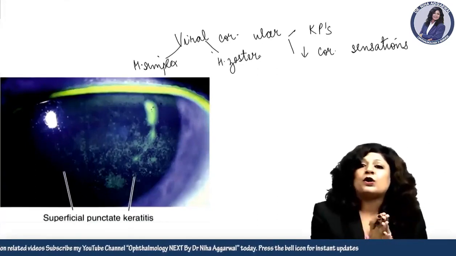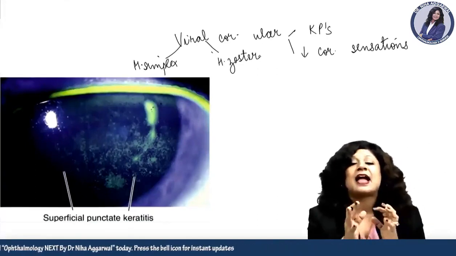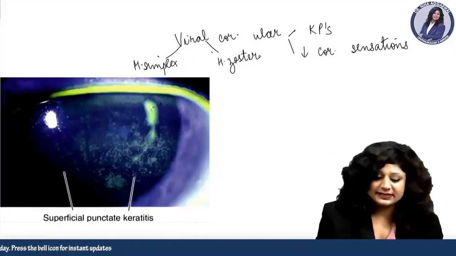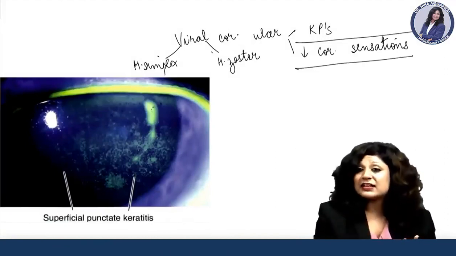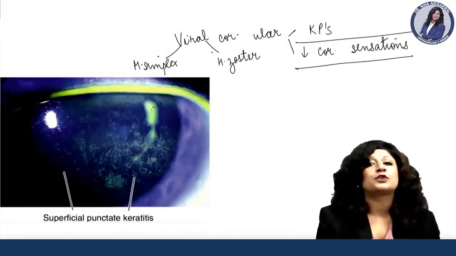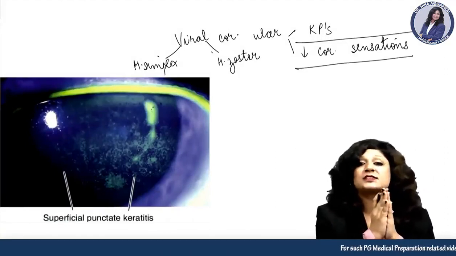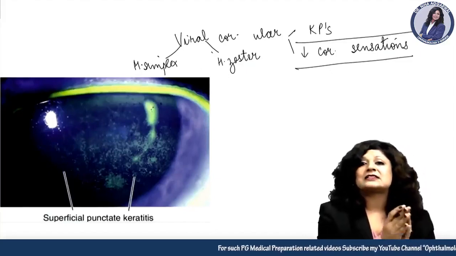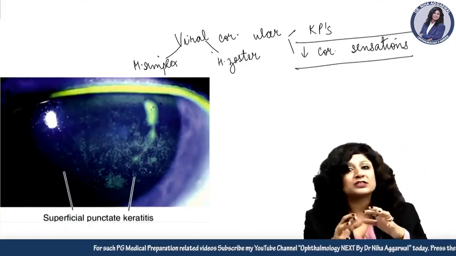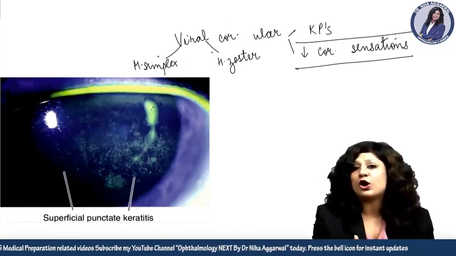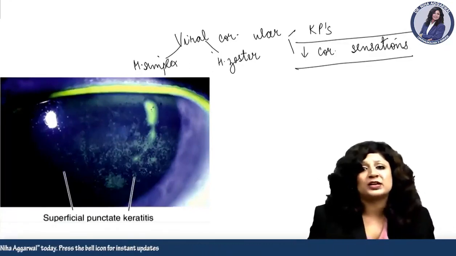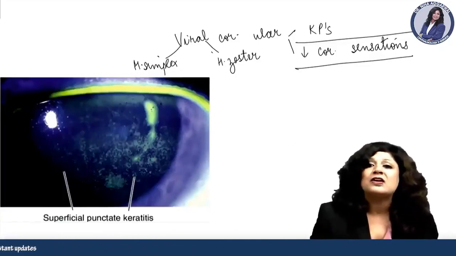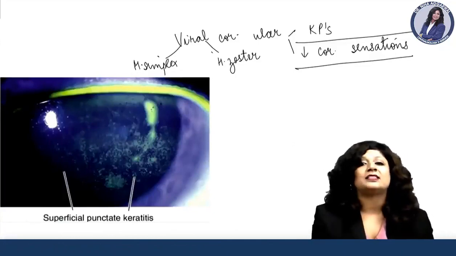Both of them always remain dormant in the ganglions, and that is why they cause decreased corneal sensations, and why they are also notorious for causing recurrent lesions. In cases of viral corneal ulcers, there can be recurrent lesions because these viruses remain dormant inside the ganglion, and whenever the opportunity comes, they get reactivated, and the recurrent lesions